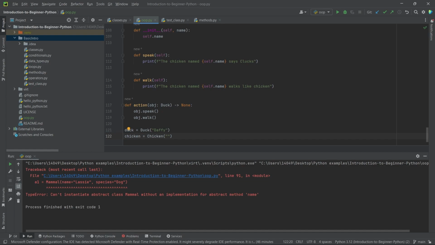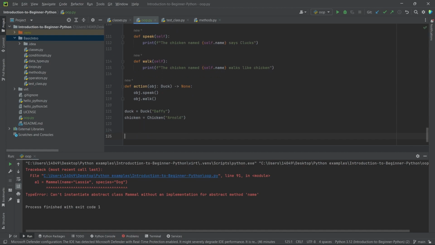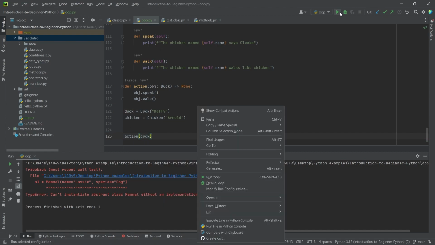I cannot remember that chicken's name. So we're going to call him Arnold, because I have no idea what else I would call a chicken. And essentially we're going to call in action. Now you can see that action is expecting a duck, so we can pass in a duck, right? And if we run this,